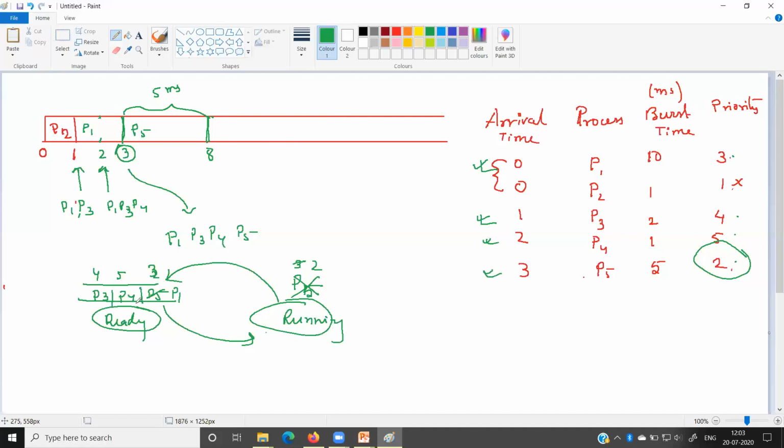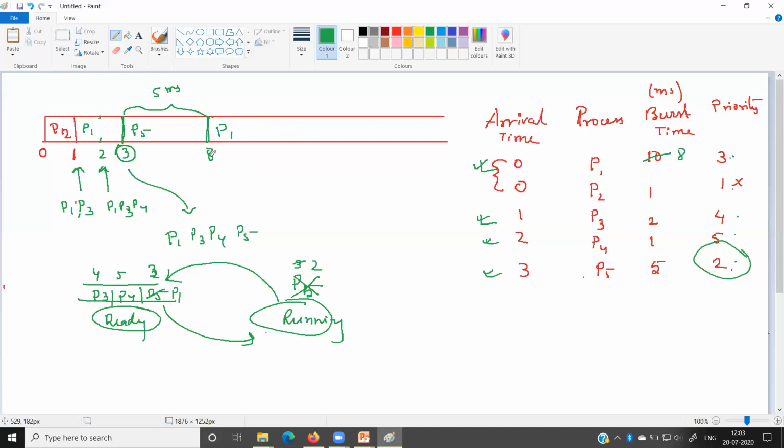So 2 or 3 processes are there, P3, P4 and P1. Now, among those 3 processes, which process will be assigned to the CPU? Definitely P1, because its priority is highest compared to P3 and P4. So P1 will be assigned to the CPU for execution. Now P1 will continue how long? P1 already computed its 2 units of job, so the remaining burst time will be 8.